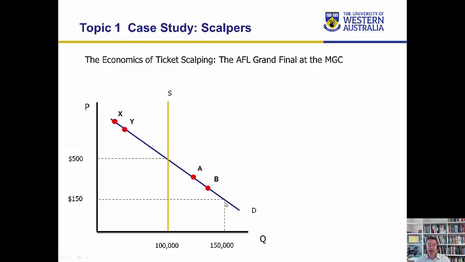And by guaranteeing a sellout, you can actually maximize your advertising revenue, because the advertisers who will participate in the grand final are guaranteed of 100,000 people viewing their advertisements. It also guarantees maximum food and drink sales at the event, and also merchandise sales as well. The people who are supplying food and drink and merchandise have a guaranteed market of 100,000 potential customers. Okay, so there are some very good reasons why price is set below equilibrium.